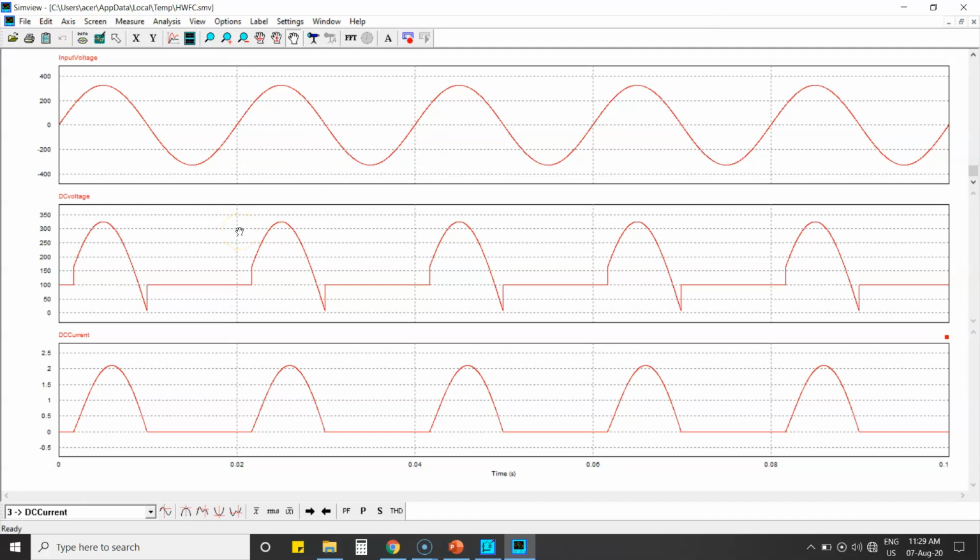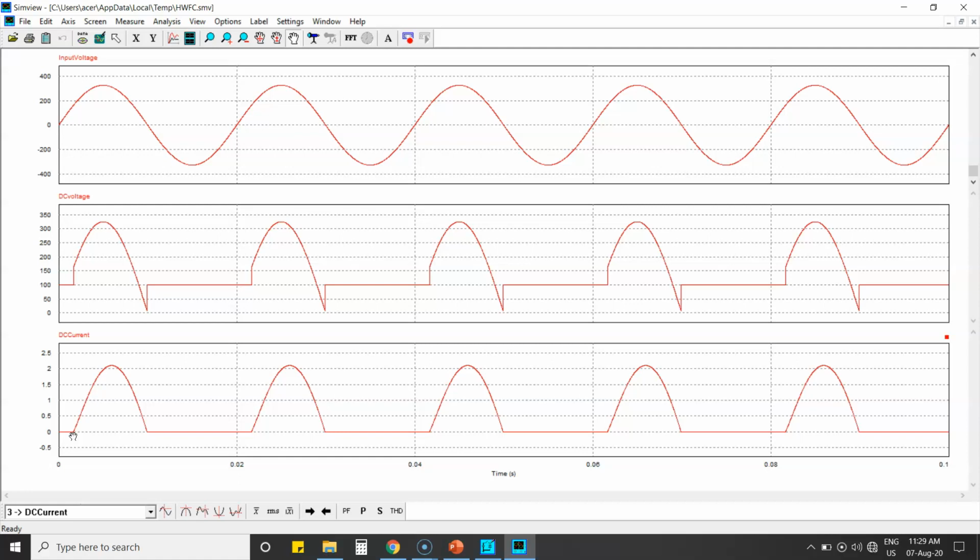So for R load, the voltage started from 0, right? From here it started, and after the firing angle is triggered, it started conducting based on your input voltage. But here you can simply see the voltage starts from 100 volt. That is mainly due to the presence of the battery, or simply you can say that is a DC voltage source. Even though there is a DC voltage source of 100 here, the current at the output is 0 because your thyristor is in non-conducting position.